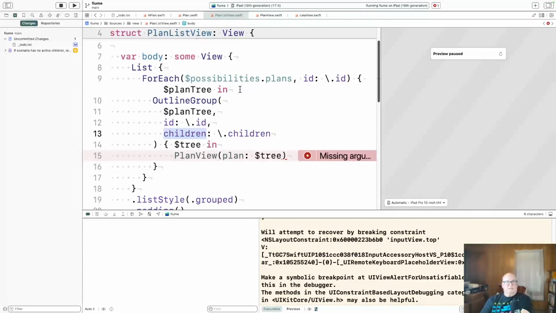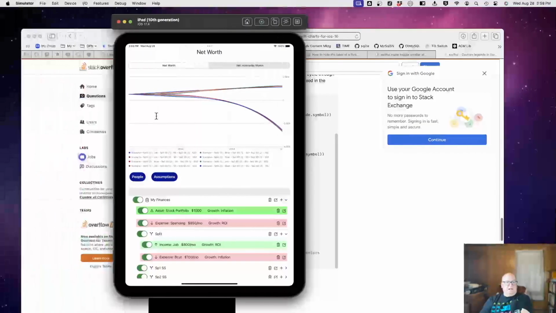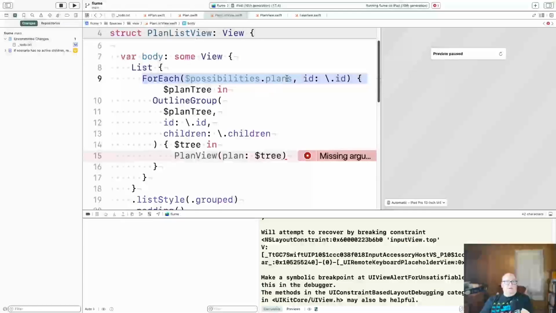This is the top level. Right now, this for each, there's only one thing. So the outline group is under my finances. There's only one plans in that list. We could, well,